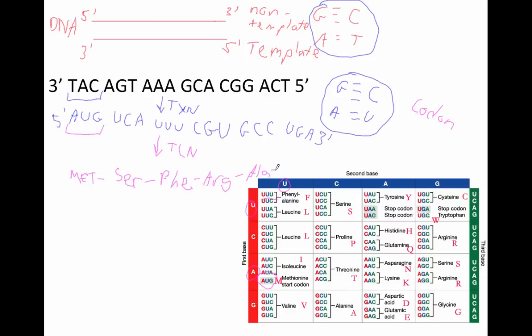Now, this is a mistake a lot of people make. They want to put the word stop here. Don't put the word stop here. There's no amino acid that says stop. It just signals to the translation process to stop. So to get full credit on a question like this, you would want to have methionine, serine, phenylalanine, arginine, alanine,